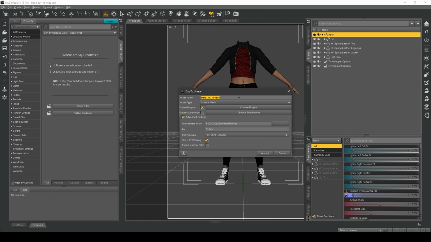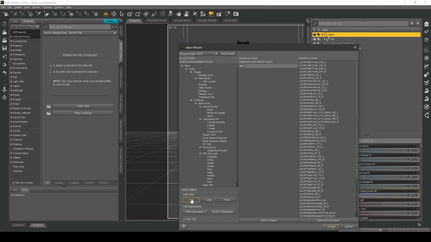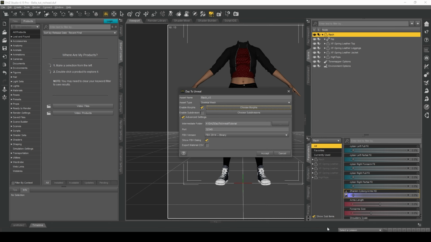And I want to name this, because I've done this a few times, Rage-Verse version 3. And we want to choose morphs, click on arms, legs and torso under add JCMs, and that's all we need to do. We don't need to add anything for the face because we haven't got a face. Hit accept.